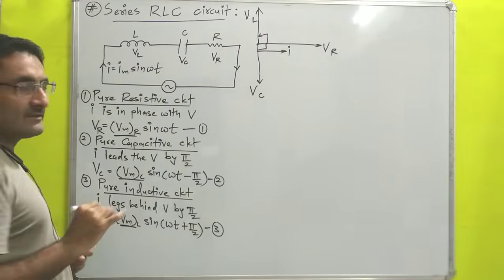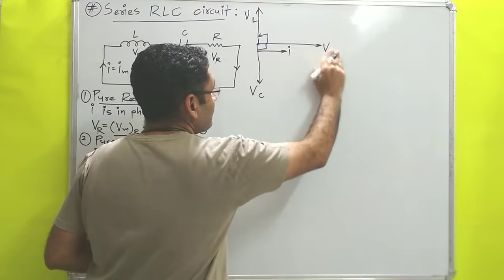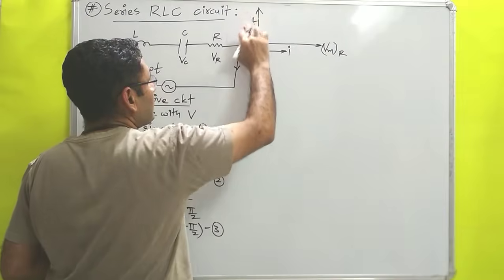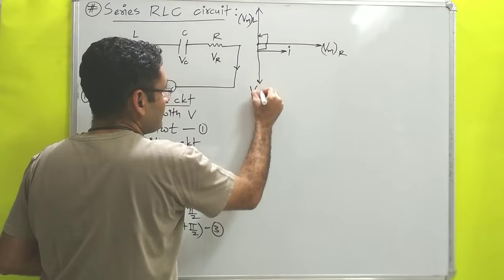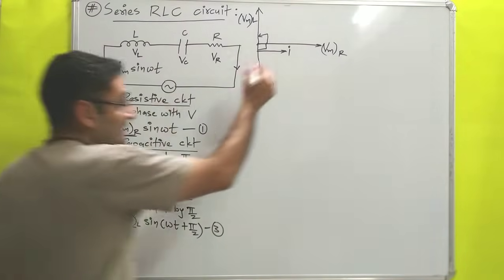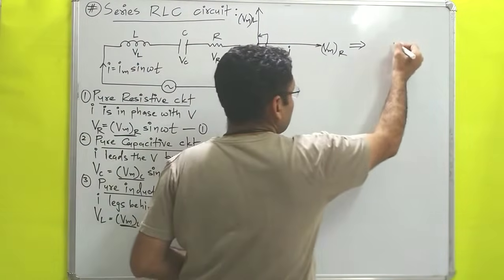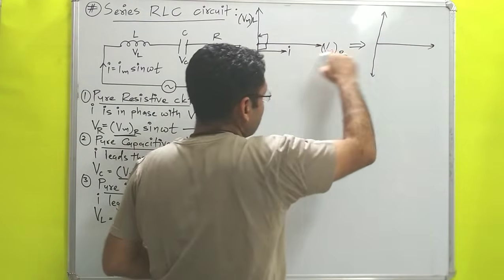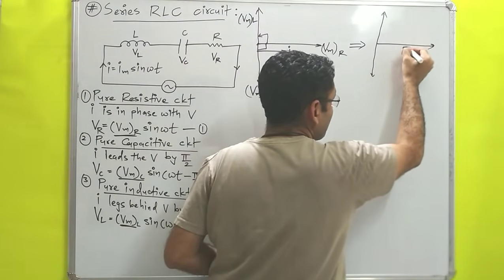Now these three values I will represent on the phasor diagram. How? Instead of VR, I will write Vm of R. Instead of VL, I can write Vm of L, and instead of Vc, I will write Vm of C, maximum potential. Okay. Similarly, that same diagram we can draw in terms of resistance also. How? That type of diagram I will draw. That line represents what? Maximum potential in resistor. So it has the resistance, supposing I will say R.